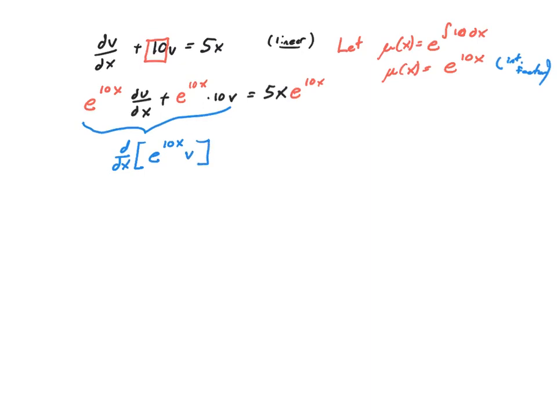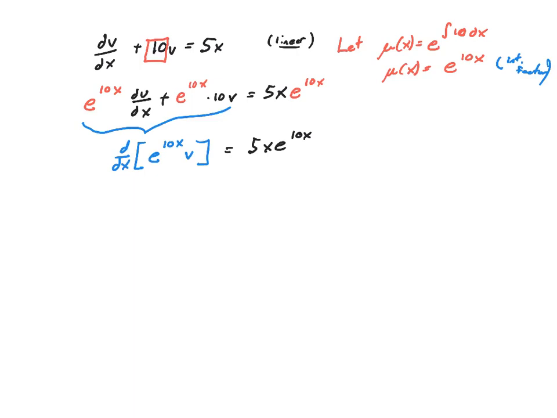And remember, I always like to check myself for the first few times just to make sure people understand it. But if I take the derivative of this piece here, I should get that. So if we do that, I'm going to have the first times the derivative of the second, plus the second, which is just v, times the derivative of the first. And the derivative of e to the 10x is just 10 e to the 10x. So that works. That's what that comes from, right? It's undoing the product rule. And the right-hand side just remains the same.